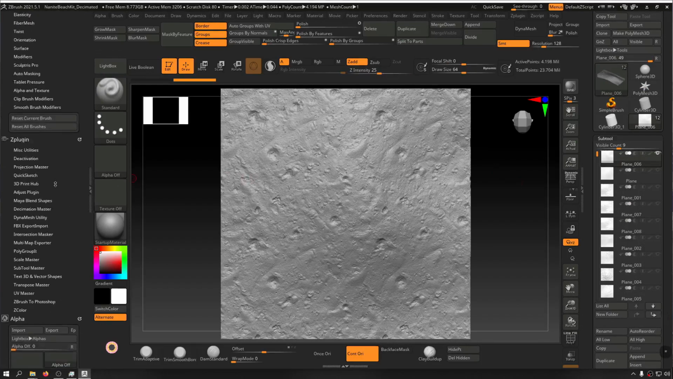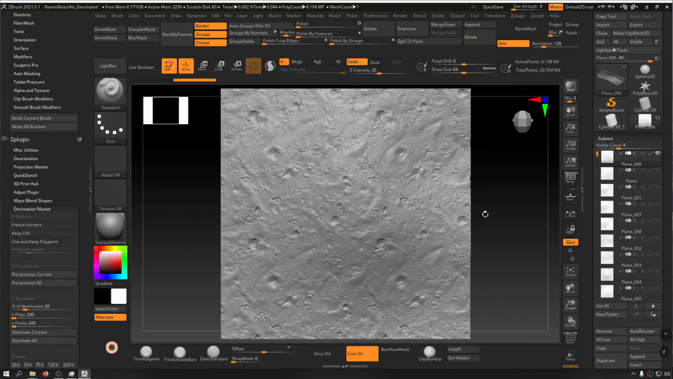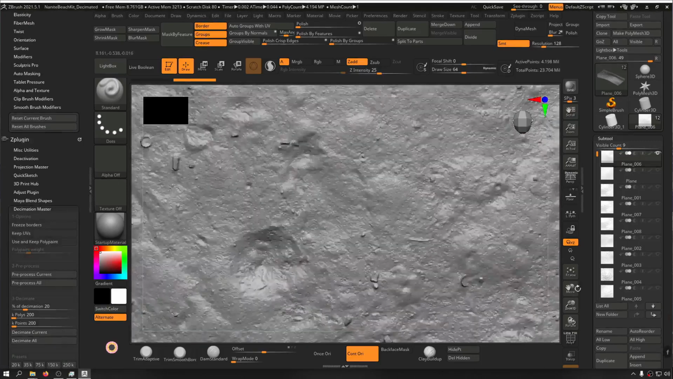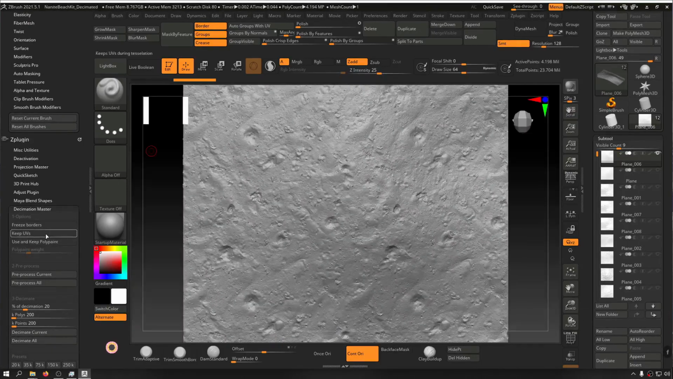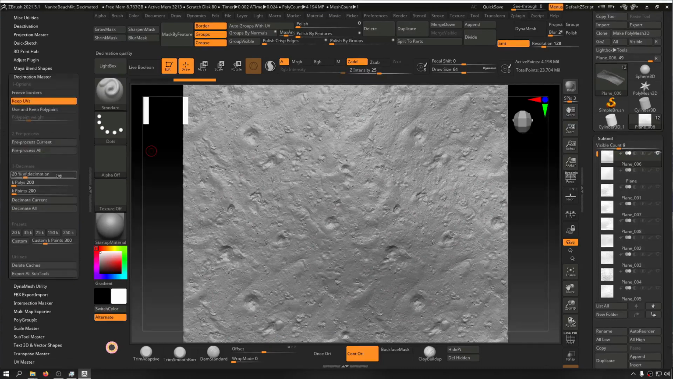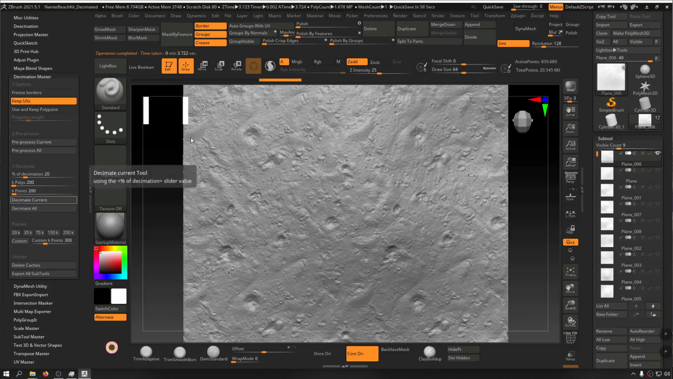I just need to make this one decimated because this one is so high poly, even for the high poly. I'm going to decimate this, using keep UVs, to 20% to act as a low poly, and then I take that 20% and decimate 20% again to be our low poly. So let's decimate. Okay, now this is enough, and I'm going to duplicate this